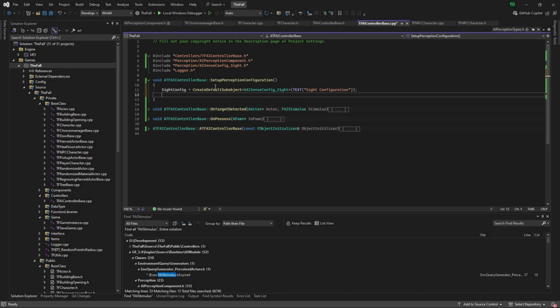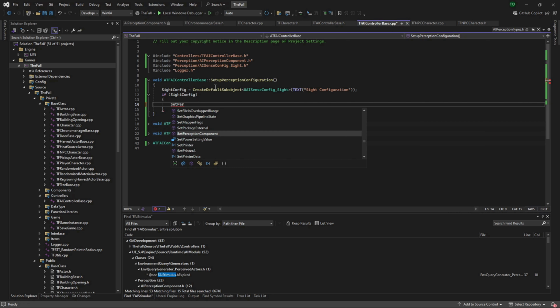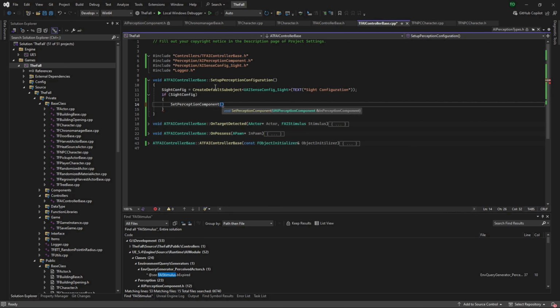Now, much like we did with the character, it's if sight config. We're going to start doing a bunch of other things with that. So this is where it's going to start getting complicated because there's a lot of information here. I'm going to try and cover these as I go through them. So the first thing you want to do is set perception component. And for that, we want to create default subobject